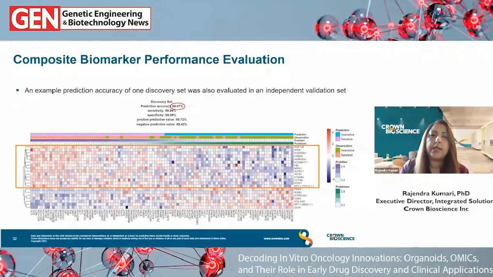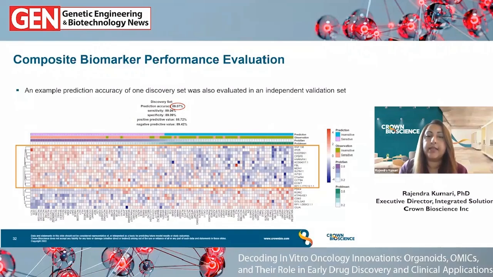And also, in an age where advances in technology have opened the door to measuring multiple parameters simultaneously, this is now leading to the construction of composite biomarkers that provide a more complete picture of the biological system. So here in this study, we took the data, and